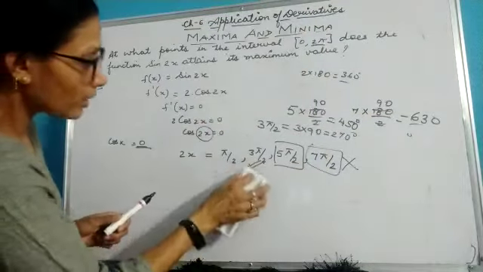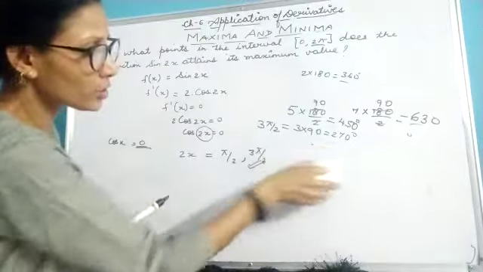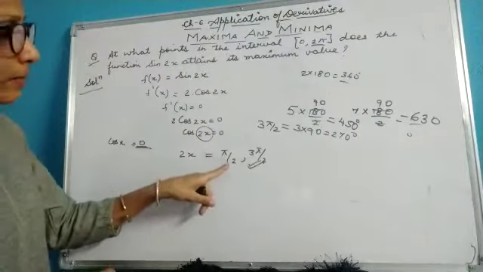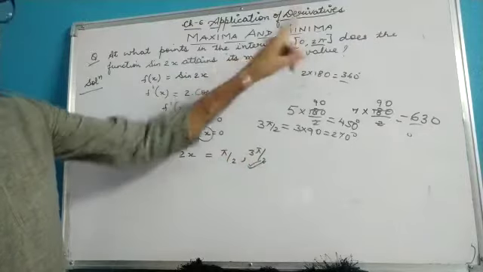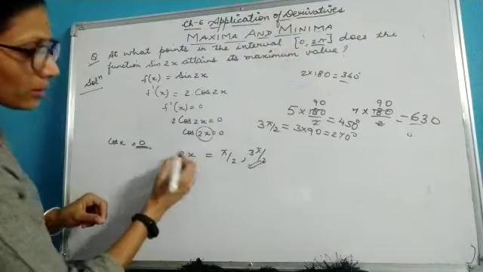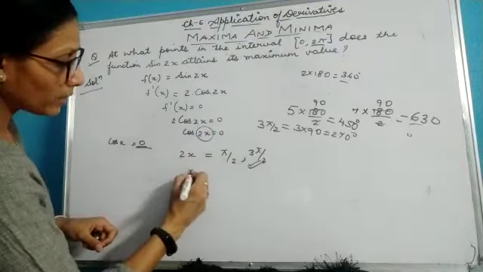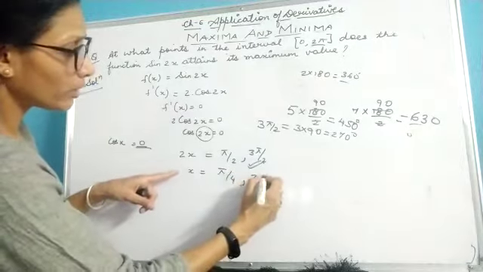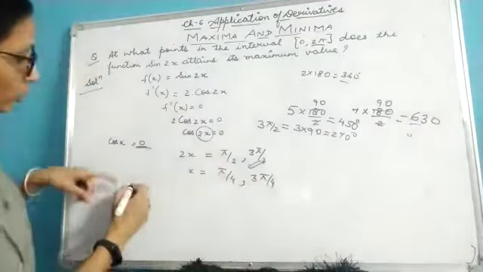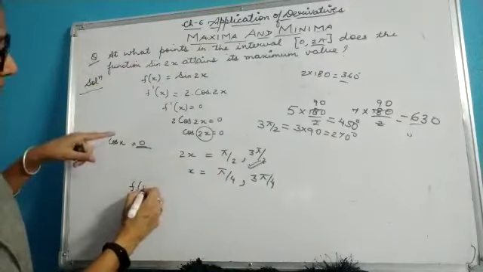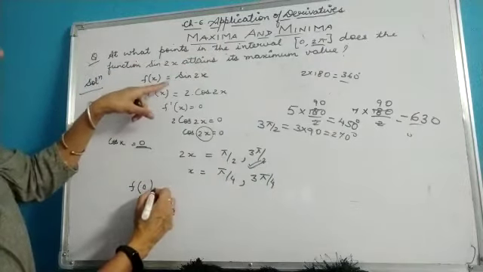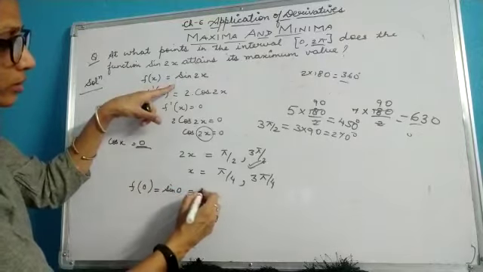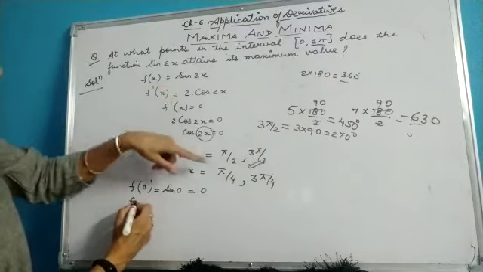So that means I will be checking for these stationary points. I will be checking the values for pi by 2, 3 pi by 2, 0 and 2 pi. Now children, this is given to us as 2x here, so I will be calculating it as pi by 4 and 3 pi by 4. First of all you find out f of 0. So f of 0 will be sine 0, and you know sine 0 is 0.